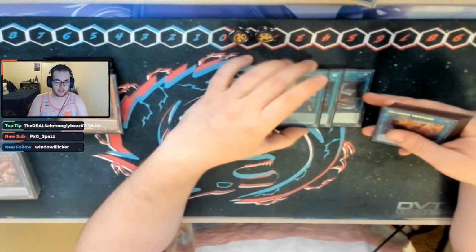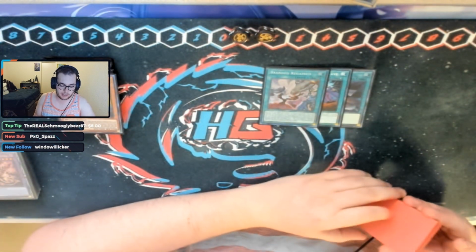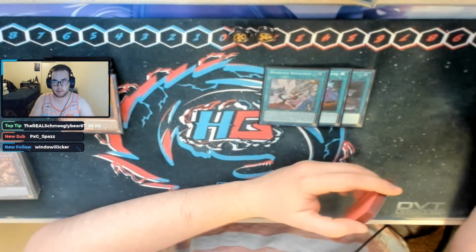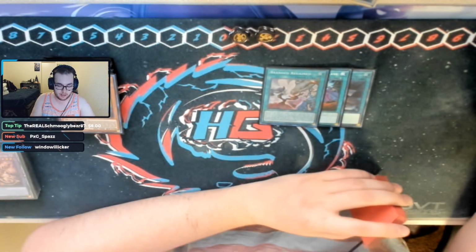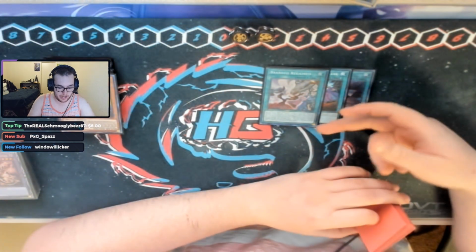One Branded Regained. Branded Regained's crazy. If a light or dark monster is banished, you get to target one of the monsters that was banished, put it to the bottom of the deck, and draw a card. So that's insane. You also have